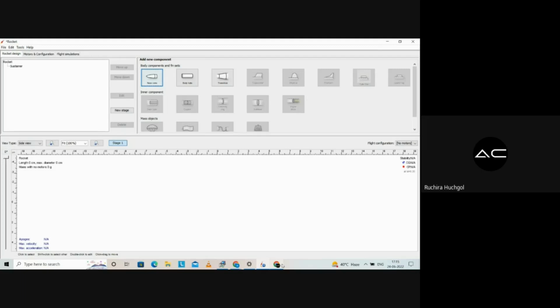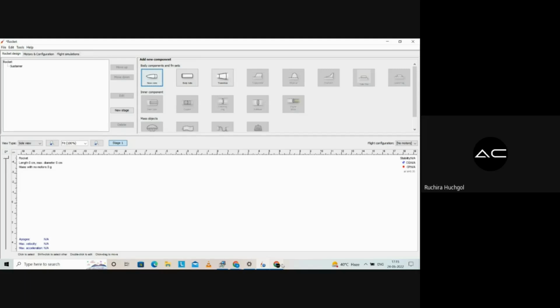So if you want to move back or ahead your center of pressure, you use fins, because fins are directly related to the stability of the rocket, right? So to manage center of pressure, we either increase or decrease the fins. And also sometimes, as I mentioned earlier, missiles have wings and canards that too affect the center of pressure. But center of gravity is affected by the mass content. So either by reducing or increasing the mass, you can move your center of gravity or center of pressure. So that is how we deal with the stability of the rocket.